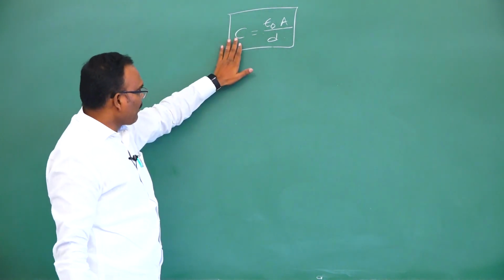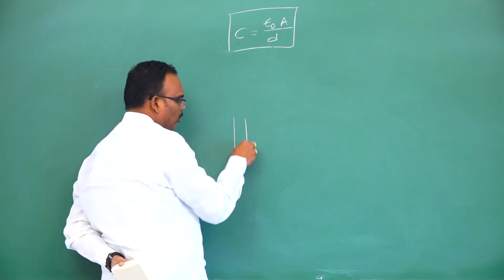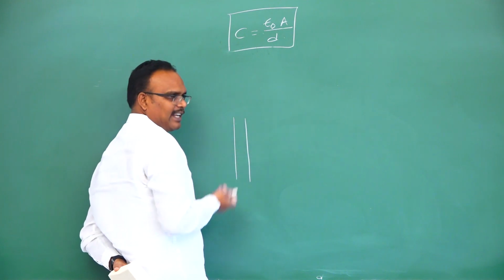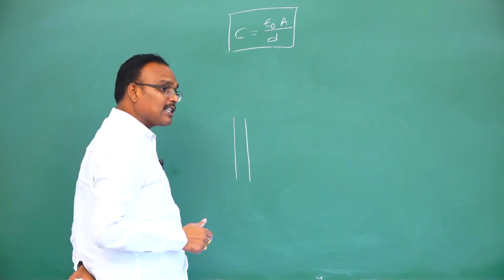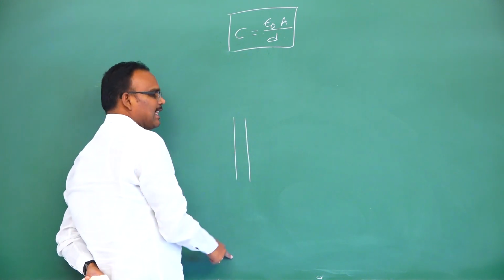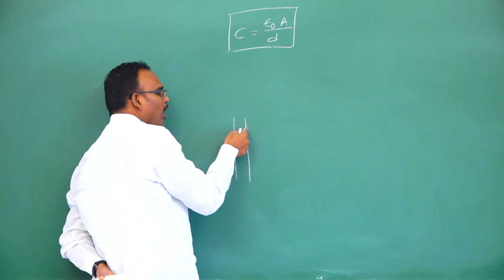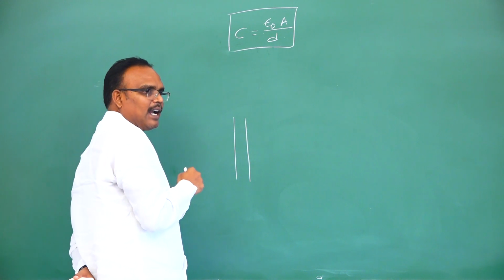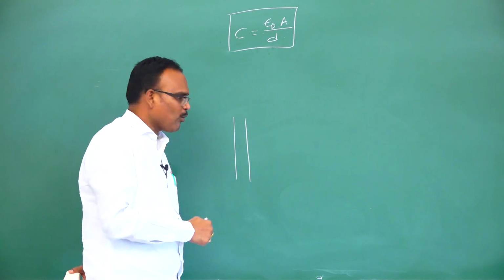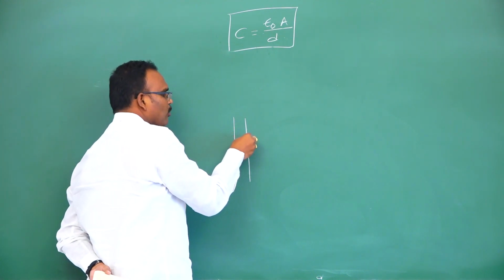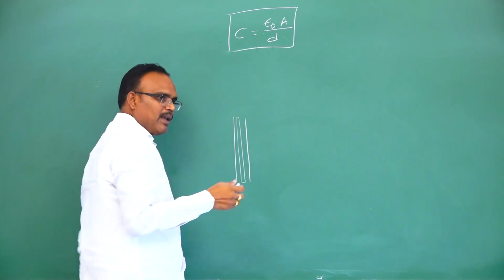Okay, next one. Capacitance is inversely proportional to distance. That means if the plates are placed close to each other, capacitance increases. Distance decreases, capacitance increases. That's why we place one plate near the other. If they place one over the other directly, recombination of charge takes place and the charge leaks out. So we cannot store any charge. That is the only reason why we say these two plates are separated by a dielectric medium. That dielectric medium may be a simple paint,